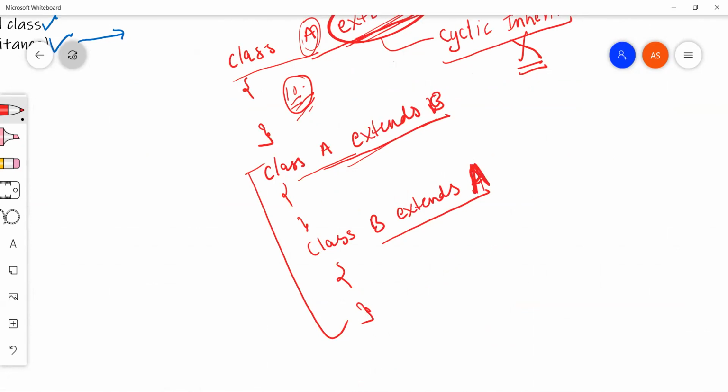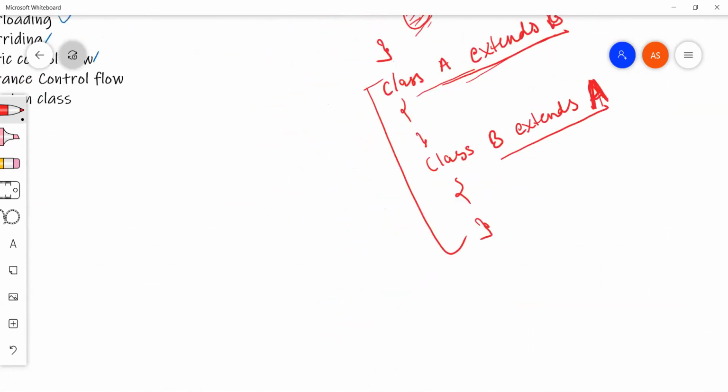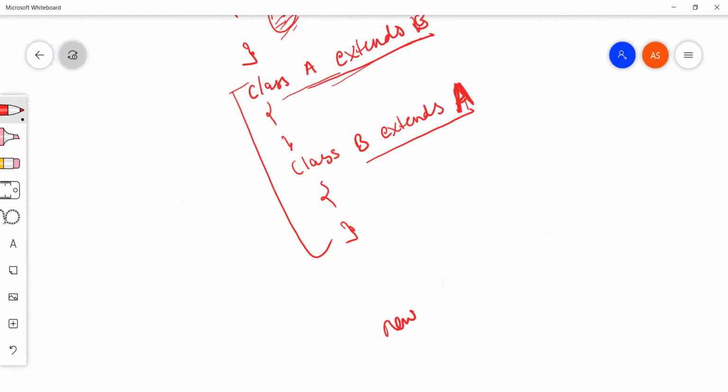And yesterday we saw that when we say new B, it checks its parent's constructor, or it creates the object for the parent first. We have seen this yesterday, yes or no? There is a constructor of A and there is some stuff. Here is a constructor of B. Here it would be a super call, and here again it would be a super call, as its parent is B.